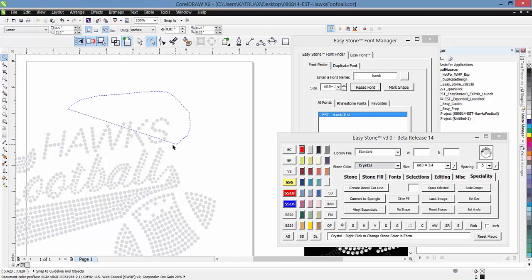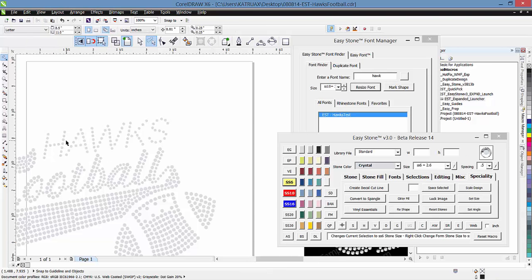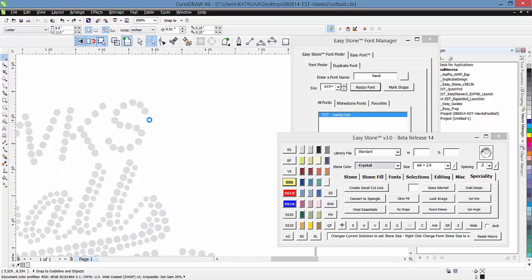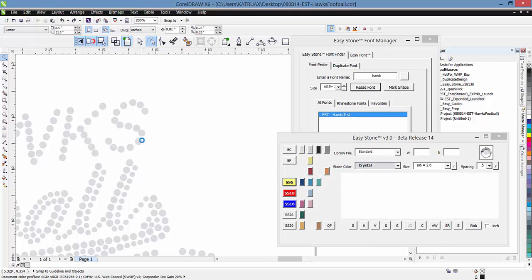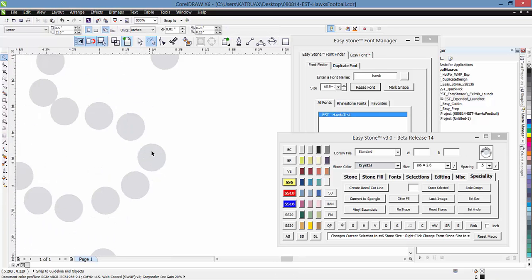One thing we might consider doing is we could select all of our text again here. Let's go ahead and isolate our text. So we can select our text. We could try dropping it down to SS6s and see if we like that. But I definitely want to use SS10s. I already know that. So I'm just going to back that up a little bit and undo that resizing. So what we can do here, just like for our letter S, for example, is I would just go ahead and respace the existing stones, but I might move them about just a little bit to get the S shaped the way I would want it. We can do that quick if we see our S is a little bit misshapen